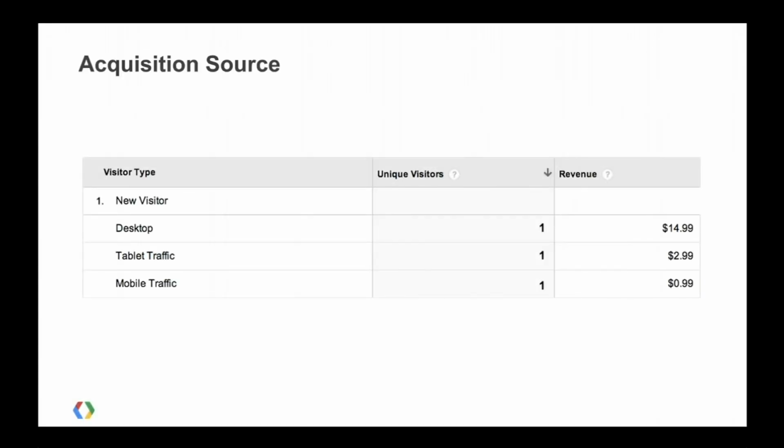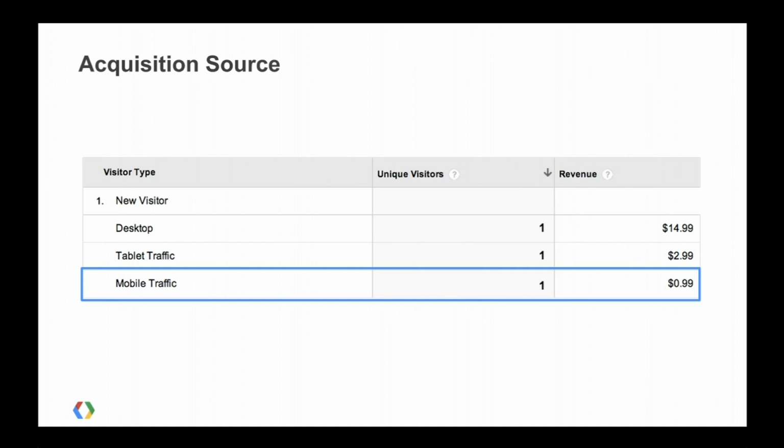Now, if we looked at this in GA today without using user ID, without using any of the new cross-device reports, we might get a report that looks like this, right? We've got 3 unique visitors. They're split across desktop, tablet, and mobile. And if somebody were to ask you, well, what's the acquisition value of mobile? You look at this report and you say, well, we acquired 1 user from mobile and they made a 99-cent purchase, right? So it's not nothing, but it's not a lot. And you might actually say, well, desktop generated $14.99. So maybe that's the better acquisition channel, right? Maybe we should try to get people coming through on desktop instead of mobile.